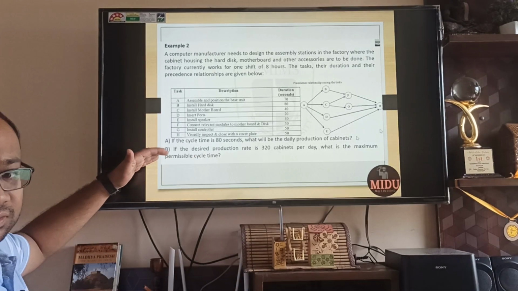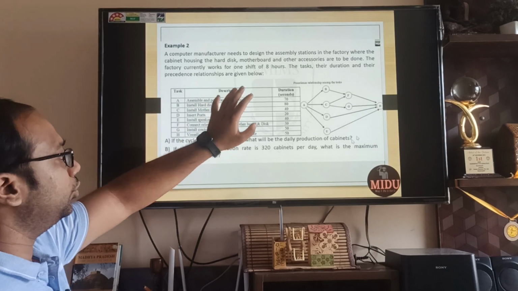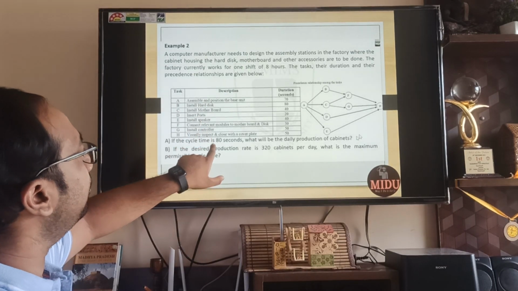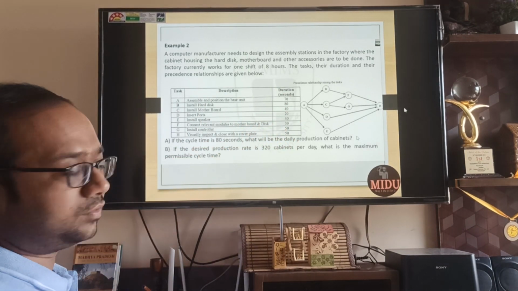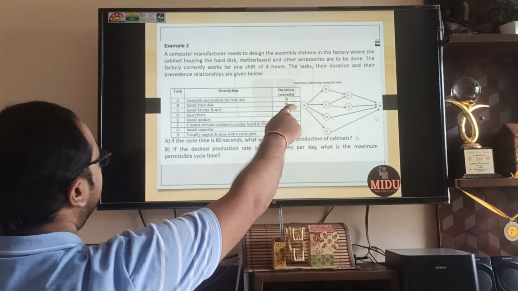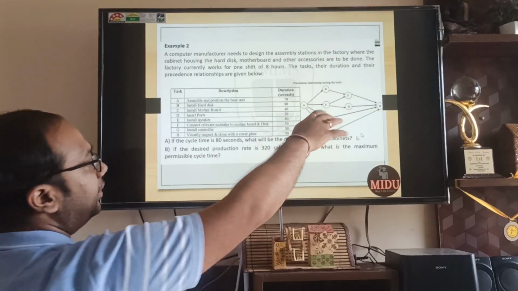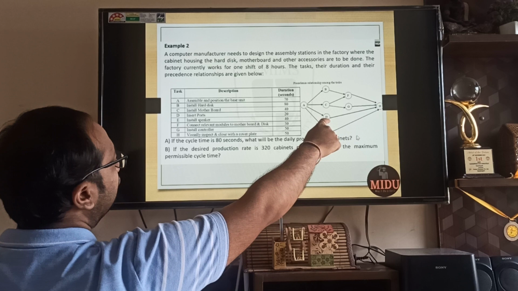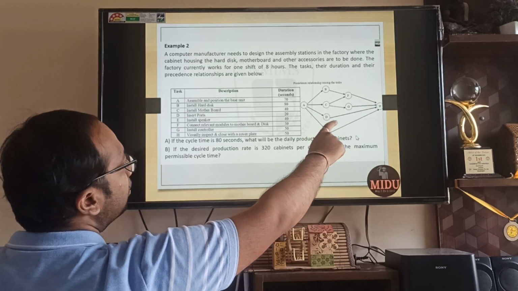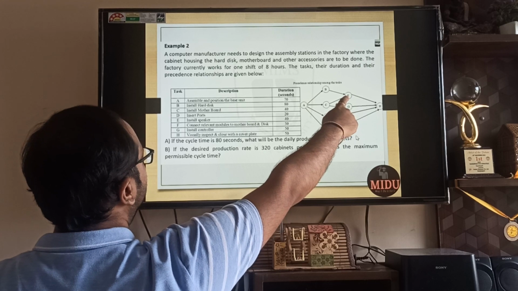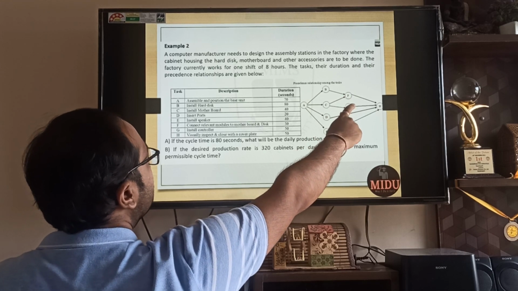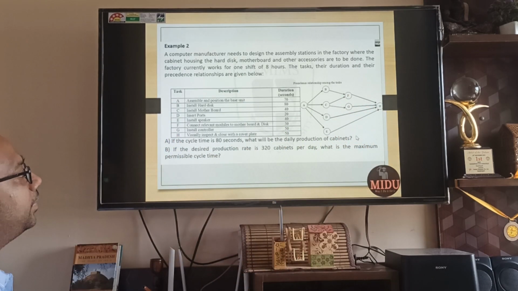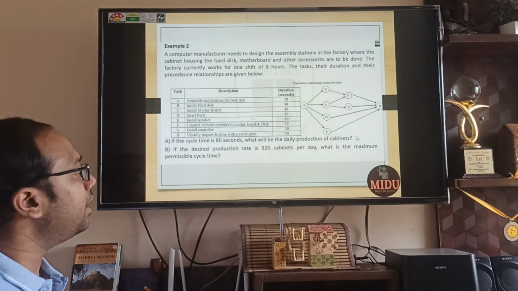Now these are the 8 tasks. Let us see. Assemble and position the base unit. From an operations point of view, these technological things are not important for us. What is important is the durations and the sequence. Assemble and position the base unit takes 70 seconds. Then installation of hard disk, 80. In parallel you install the motherboard, 40 seconds. Insert ports, which is 20 seconds. Install speakers. Now after having B and C you can do F, which is connect relevant modules to the motherboard and disk, and there is install controller, and all these outputs then go to H, which is visually inspect and close the cover plate.